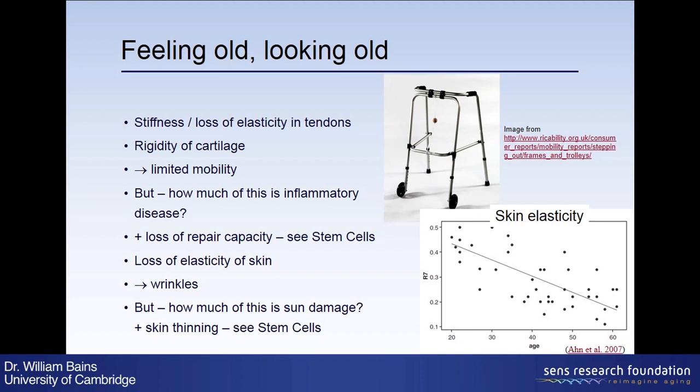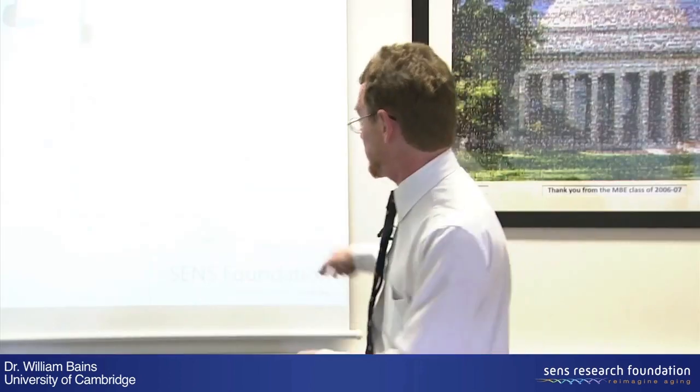As with the glucosepane crosslinks, it's not inevitable. This person here, age about 56, has skin that's at least as elastic, as bouncy, as this person here, age about 26. Because other factors are involved. Sun damage, smoking, genetics, these all influence how much you lose elasticity in your skin. And also your skin gets thinner with age, so it shows the wrinkles more.